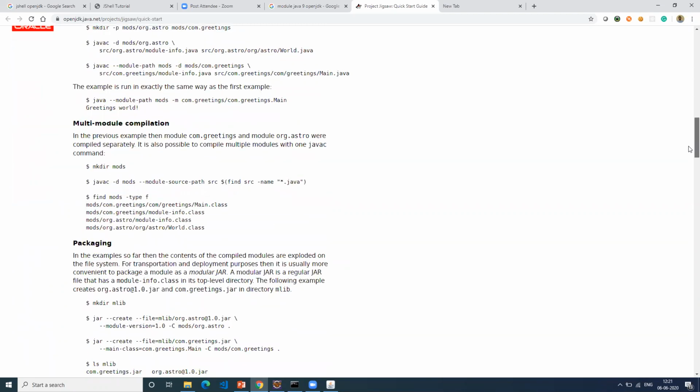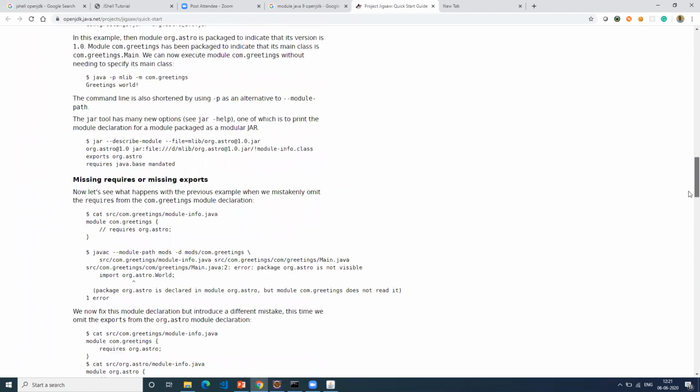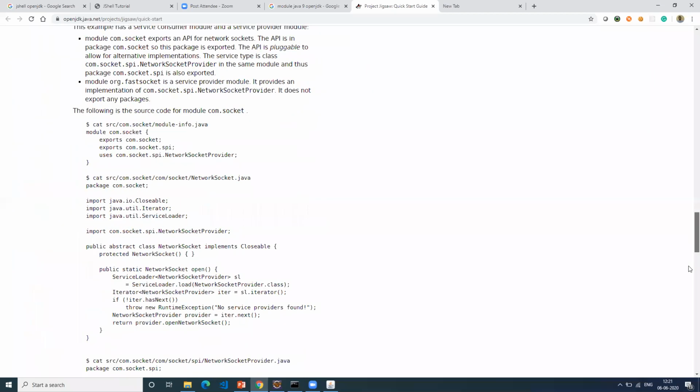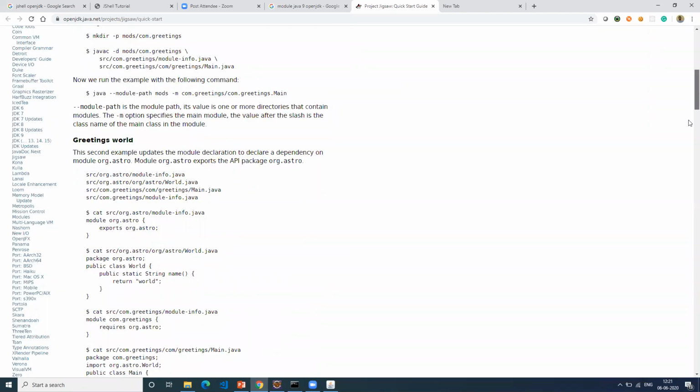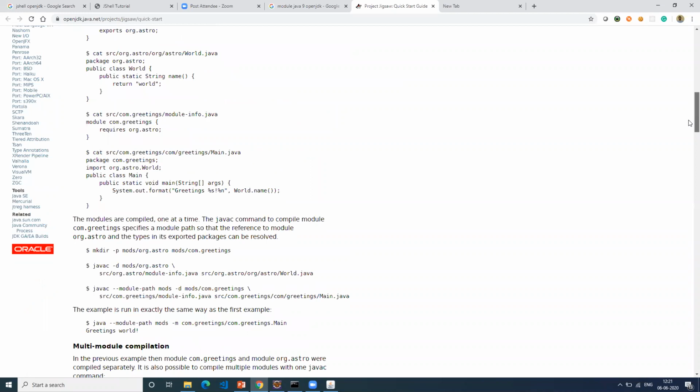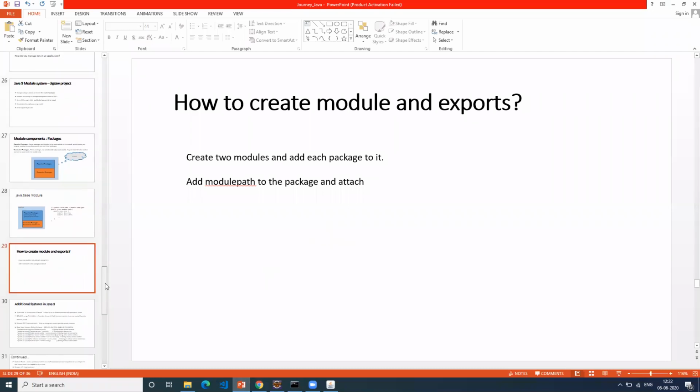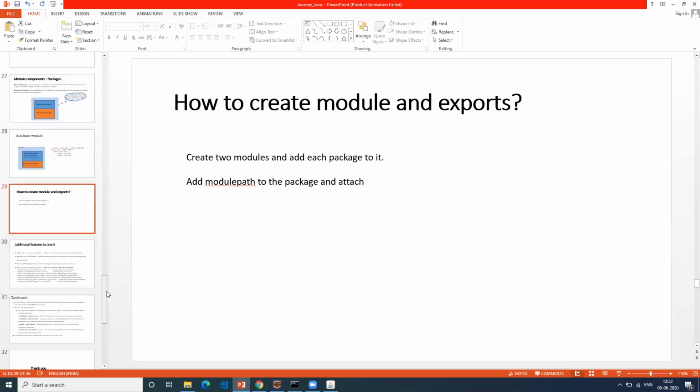You can just refer to this document. I think this will help you because this is the official document, so it will have a lot of the information required for you. You can refer to any other tutorial also, but this is actually a good source of official information. By this, I'll stop the module component because I need to cover 2 more slides.